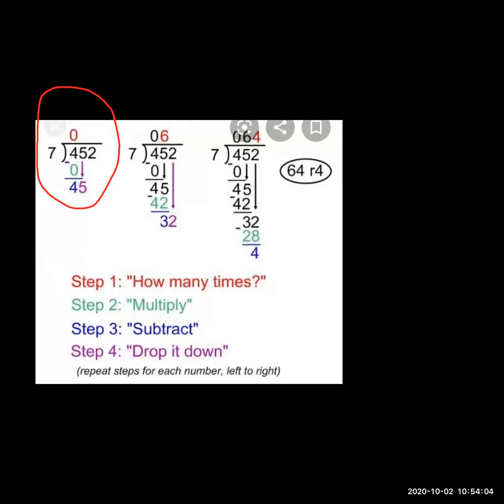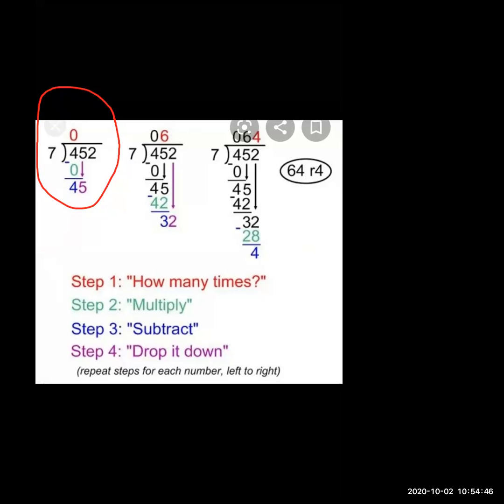No. Very good. So now what to do? If 4 is not there, then you want to give the carry, that means 0. Look at here. How to give the 0? You want to write it on the top side of 4. Don't go to the top side of 5 and 2. We are going to take out one number at a time. If 4 is small, the divisor is big and the dividend is small, then what to do? You want to take out the 0 over there. So on the top side of 4, you want to write 0.